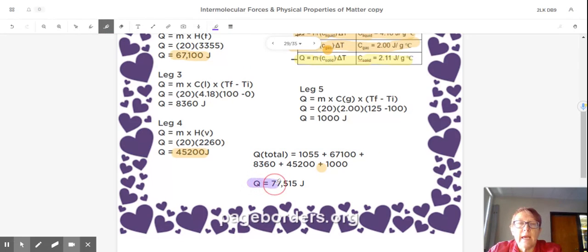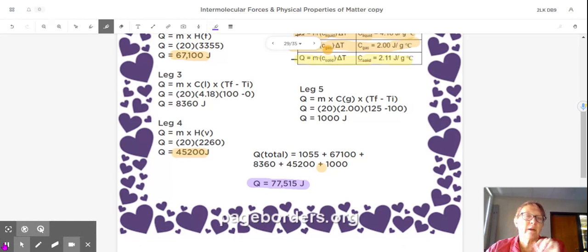So to take ice all the way from minus 25 to steam at 125 takes 77,515 joules of energy. All right, I will stop there. I hope that was a little bit helpful in trying to figure out what